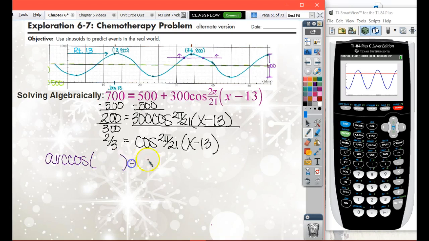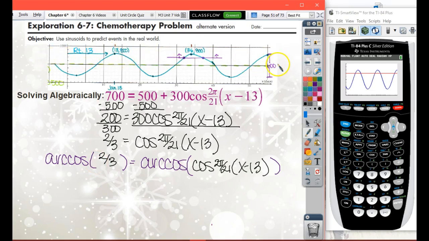So I'm going to take the arc cosine of both sides of the equation. So I'll have the arc cosine of 2/3, that equals the arc cosine of cosine of 2 pi over 21 times x minus 13. Now when we first learned about the arc cosine, we learned that arc cosine's job is to find all of the possible answers where y is 2/3. It wants all of them. It doesn't care about being a function like cosine inverse. And so arc cosine's definition